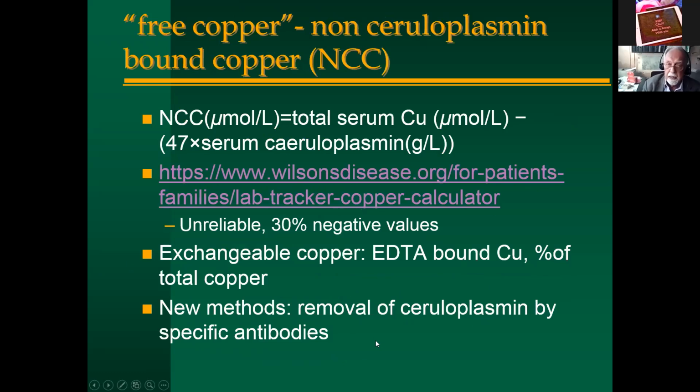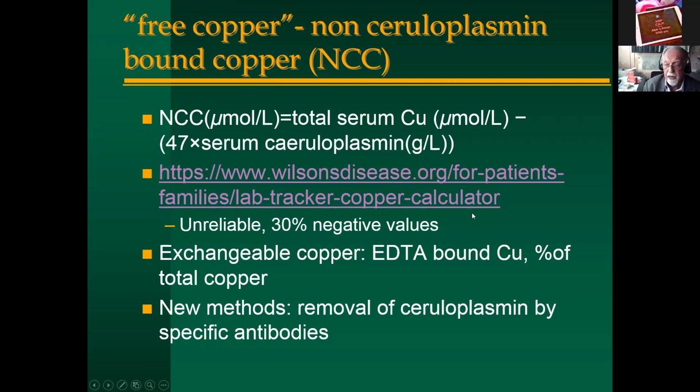So what we are interested in is how much copper is free, which is considered to be toxic. And this is called the free copper or non-ceruloplasmin bound copper. This is a very old formula to calculate NCC from total serum copper and ceruloplasmin in a serum. It's quite difficult because the units are different. It's micromoles, it's grams. But to make it easier for you, I'll give you a website where you find a very nice copper calculator where you can put in your own data and get the results within 10 seconds.